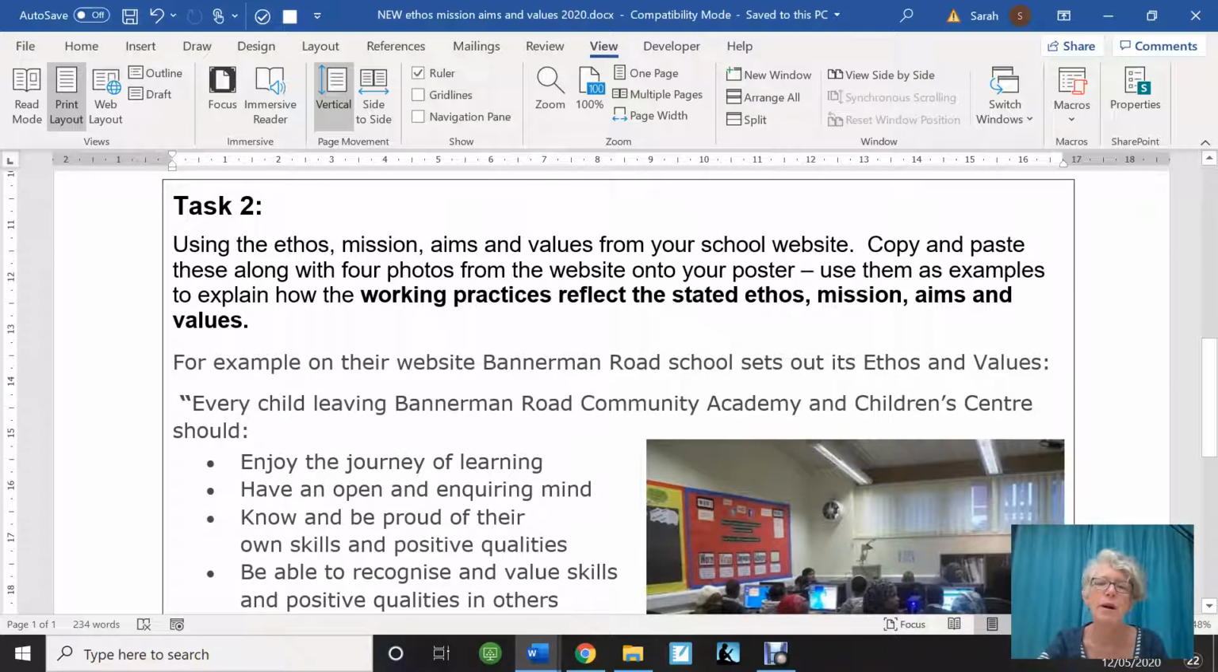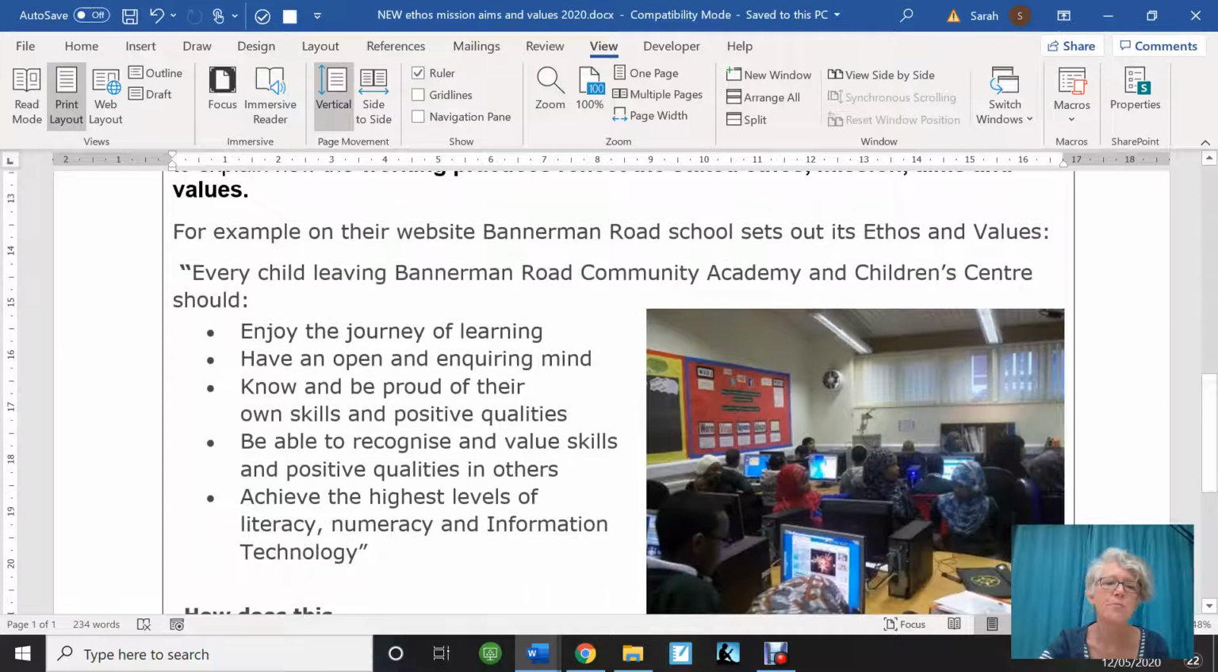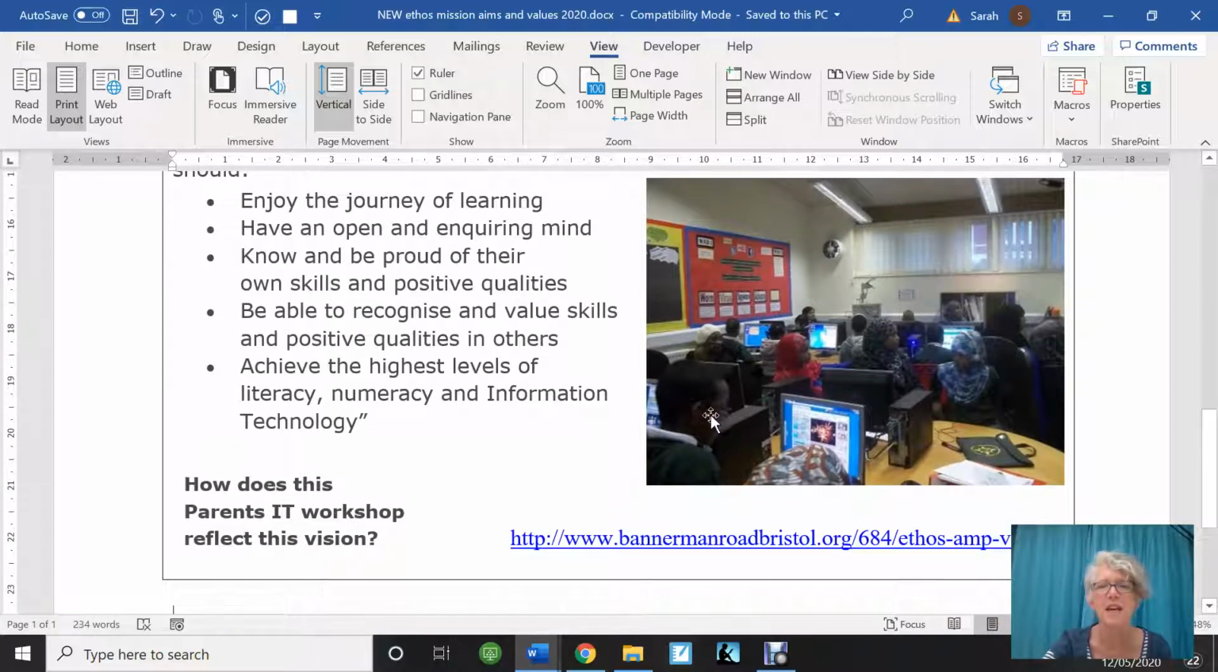I went to Bannerman Road School and I found their ethos and values were given together, as 5 bullet points. So maybe if I like all 5 of them, I'll do 5 little pictures. And they say things like, every child should enjoy the journey of learning, have an open and inquiring mind, know and be proud of their own skills. So they've got a set of ethos and values, and I'm going to choose one of those here as an